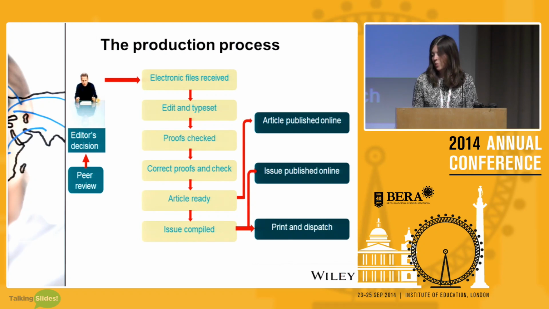So here we have a little map of the production process. The one thing that this leaves out, and what most publishers do now, is what we call at Wiley early view, but otherwise other publishers call things like online first or accepted article. And what that means is that as soon as your article is ready and has been copy edited and typeset, it goes online. It doesn't have to wait for an issue to come up, which obviously benefits you in that it's available online sooner with a DOI, that people can read your work and cite your work, and you're not waiting for the next space. And that comes just as soon as the article is ready.